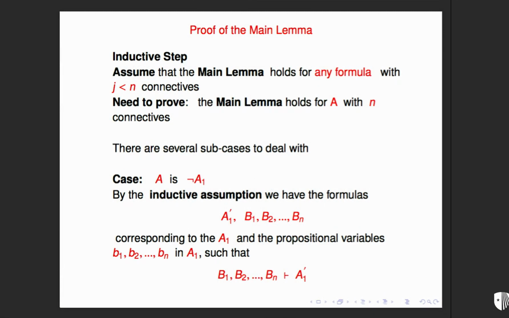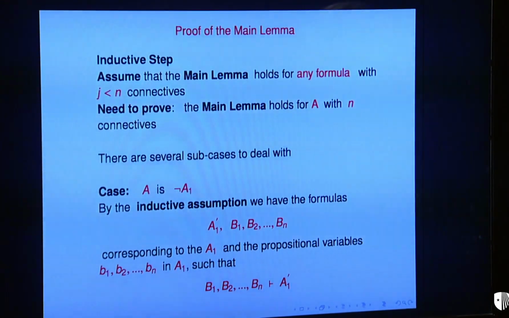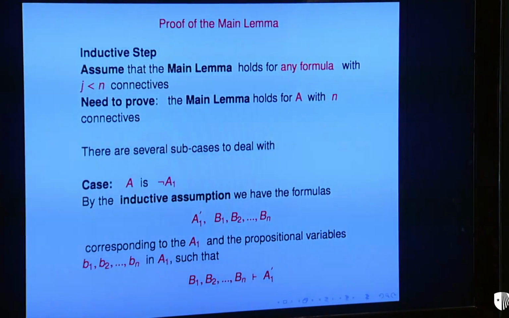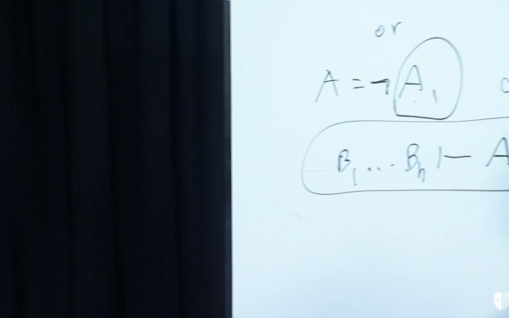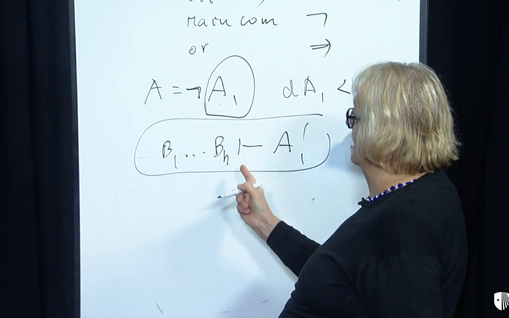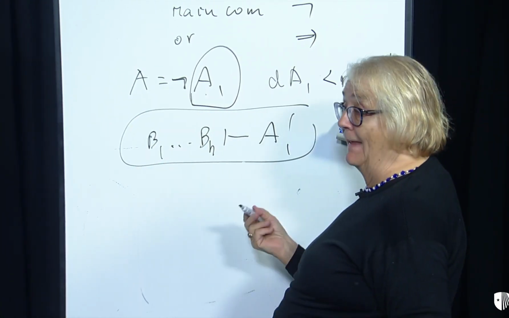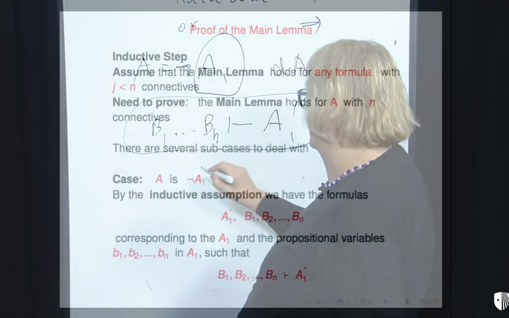the B1, ..., Bn corresponding to that A1. The lemma says that B1, ..., Bn proves A1 prime by inductive assumption, because A1 has a lesser degree than our A. Now, depending on our V, right? Now, remark,